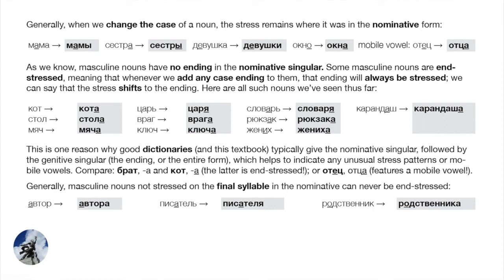So let's look over a few. Кот, стол, мяч, царь, враг, ключ. Quite a few of these are monosyllabic, so they're only one syllable long in the nominative. Quite a few masculine nouns are like that, one syllable. When we add an ending, they show that they're end-stressed. So the stress jumps to the ending, and we get кот becoming кота, стол becomes стола in the genitive, мяч becomes мяча in the genitive,